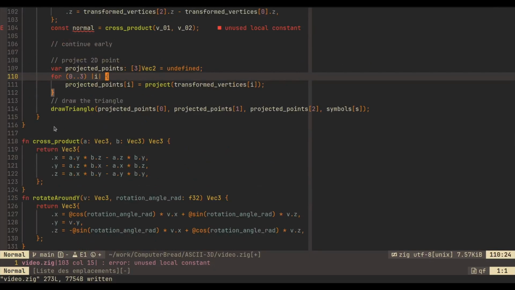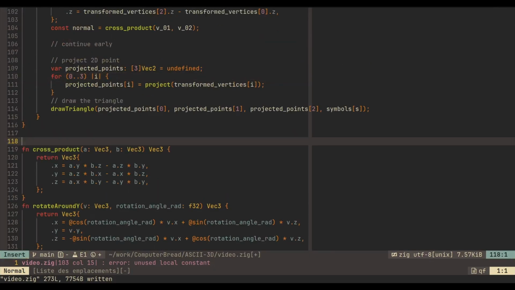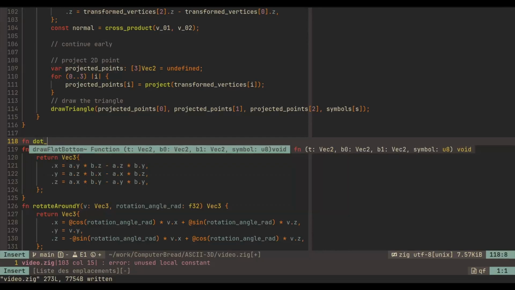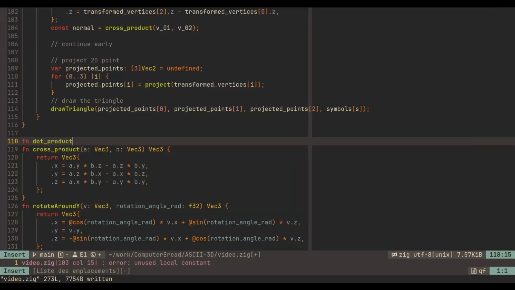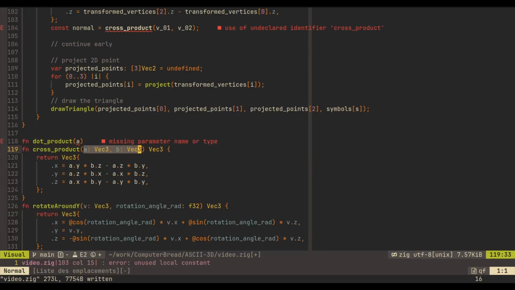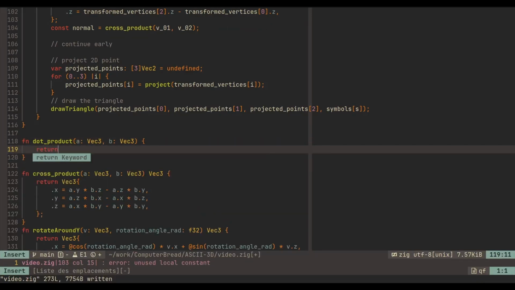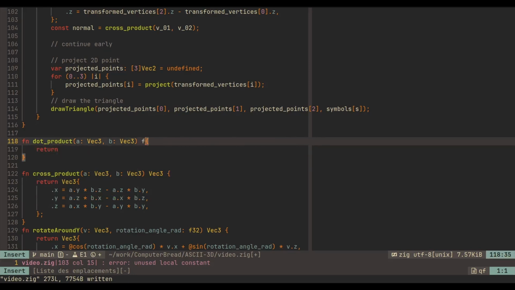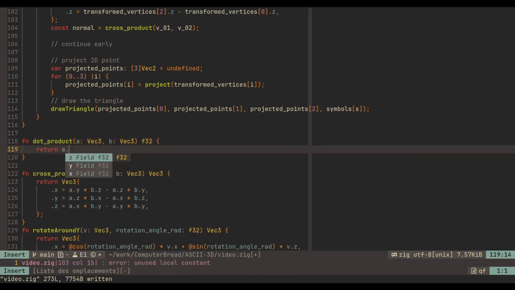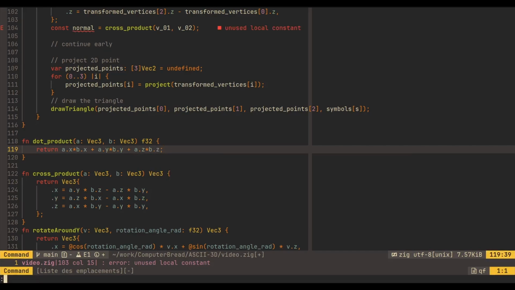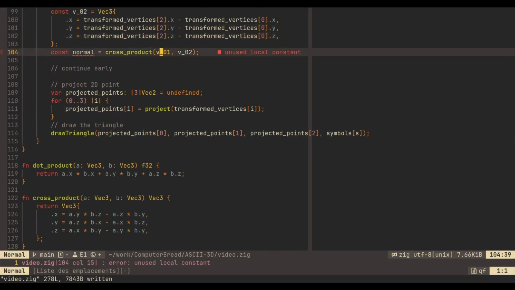So let's define a new function that I will call dot product. It's taking two vec3, and I'll return the value of the dot product, which will be f32. And so it's ax times bx plus ay times by plus az times bz. And so now what I can do is